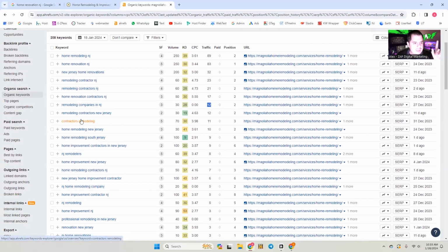This is something that I need to clarify. Contractors remodeling, right? Because it's not specifying the area. If somebody from California goes on Google, types this, and they come up in their searches, what's the purpose of that if they don't provide the services in those specific areas? So you've got to be really careful on this. A good keyword research always helps you to understand how many people are looking for your services, and if